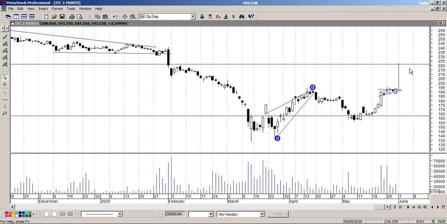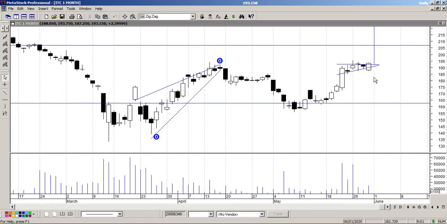We should go up to somewhere around 220. Now what I normally do is, if there's such a big target, I normally take a 50% target of that. So as of now, ITC from 193, I'm expecting an immediate move next week to 207. And if 207 gets crossed, I'm expecting a move up to 223. This is how I'm seeing ITC. The base comes from a peak trough analysis, then I'm using patterns, then I'm using targeting and stuff.